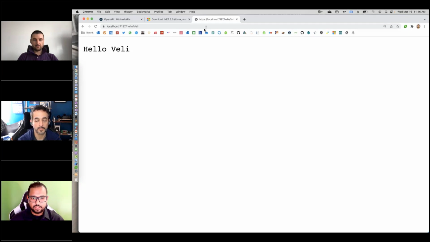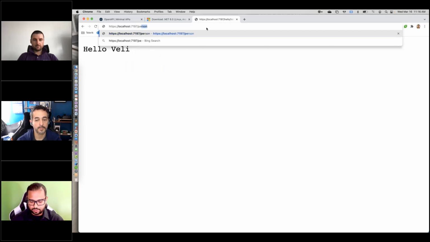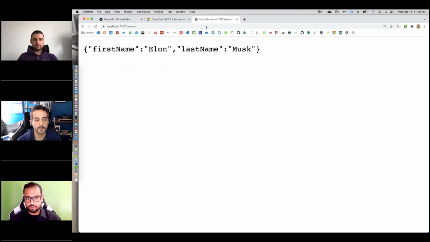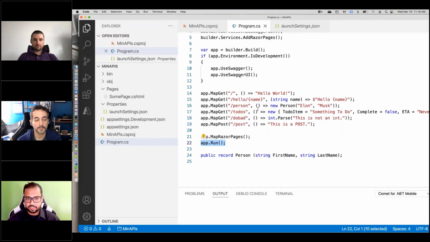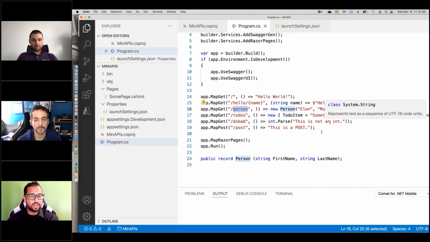I could do other things, like for example, I could ask for a person class. If you have a POCO object, a plain old C# object, here it returns some JSON, which is actually coming from this line of code here. Person here is a C# record, or any type of C# object. It will flatten, do the serialization, and send it back up as JSON. You don't even have to have it defined. Like if I go to my to-dos, you can define your business objects right in line.